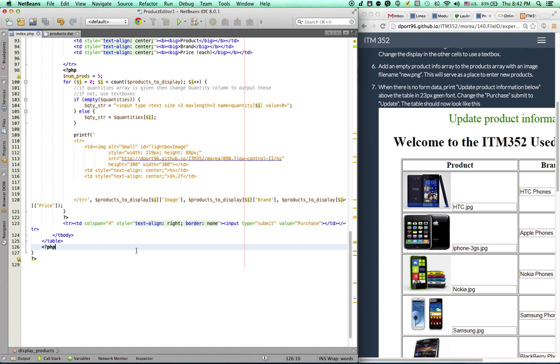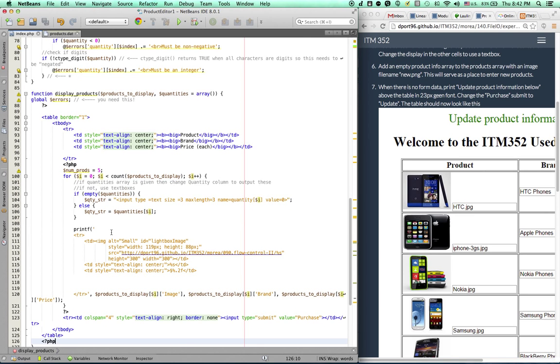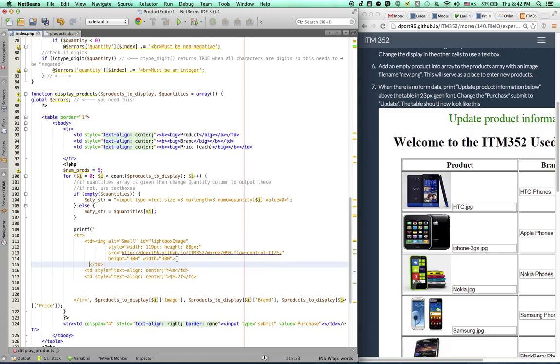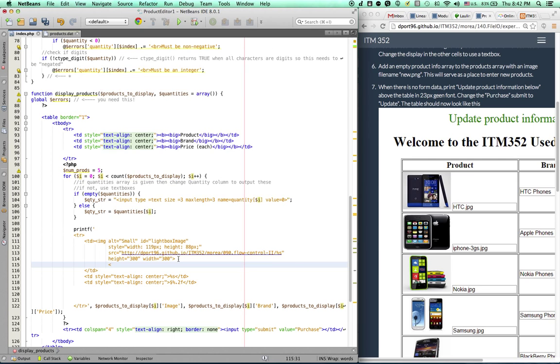Okay, so how do I do that? That's all done right here. At this point, I'm not sure I'm getting a lot of mileage out of printf, but I guess I'll continue to use it. I'm going to format this a little nicer. Here's the image, and then I'm going to create a new line, BR,